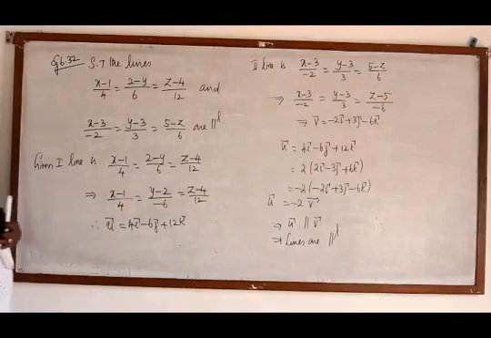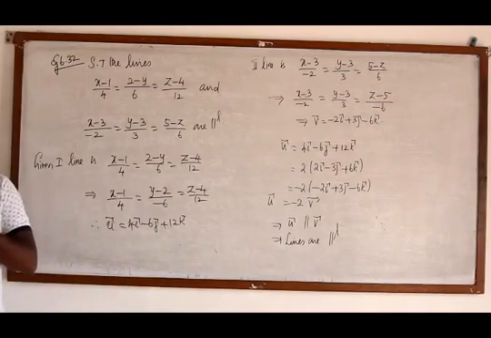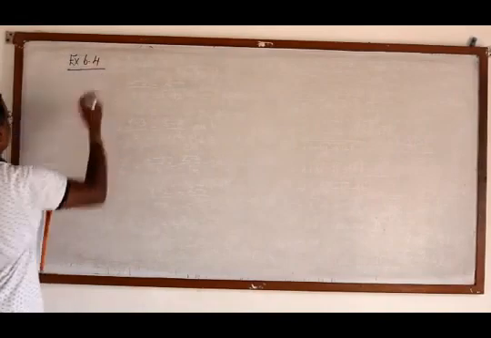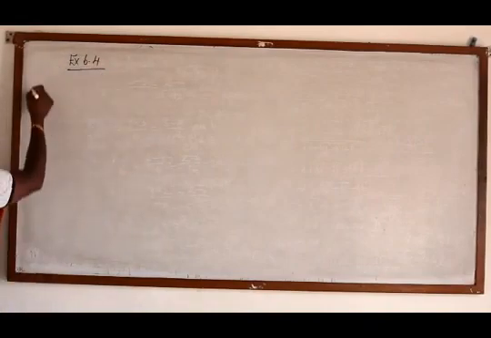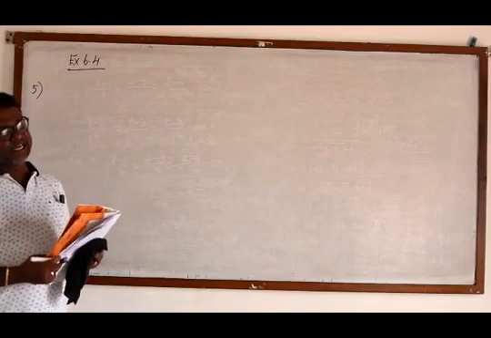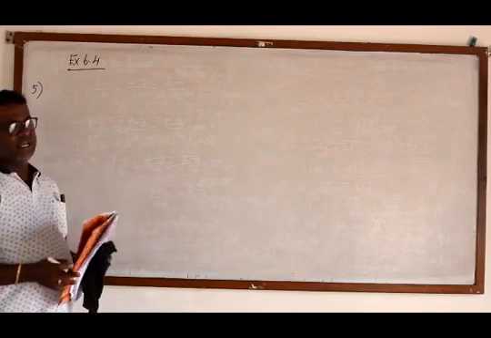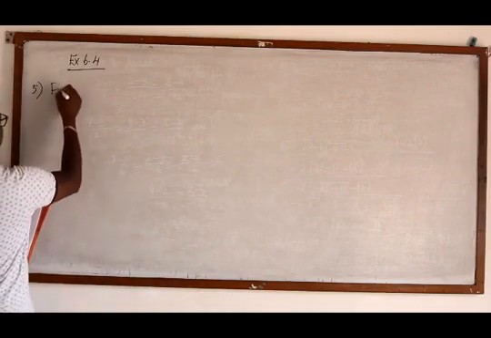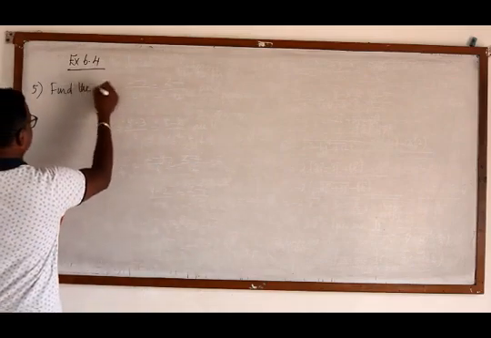Next we should go for the exercise problems. Now we should go for exercise 6.4. Already we did 4 problems, so now the 5th problem. That is, we should do all the problems in which we have to find the angle between lines. Or studying about the angles, we should do separately. That is from the 5th problem. Find the angle between the lines.